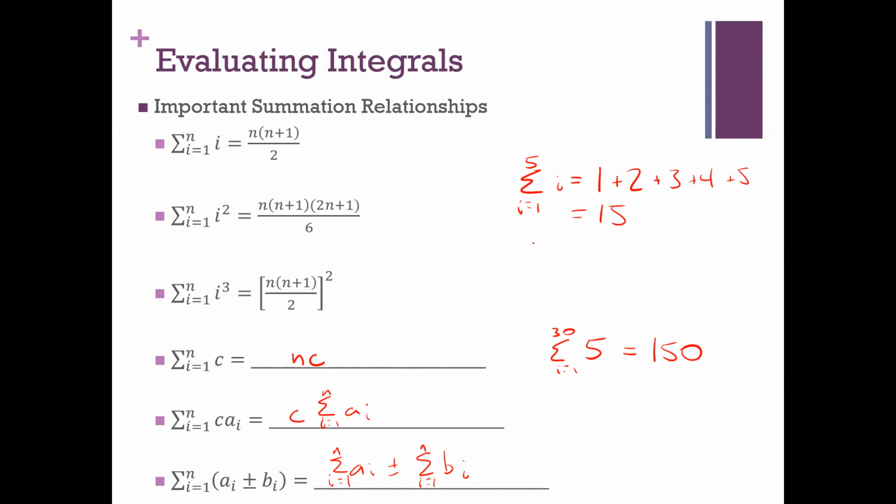So what would happen if I decided to triple all these numbers? Instead of that, I'm going to take the sum of 3i. But isn't that the same as me doing this, factoring out 3 times 1 plus 2 plus 3 plus 4 plus 5? And what I just showed you was that this 1 plus 2 plus 3 plus 4 plus 5, I can just rewrite as the sum from 1 to 5 of i. So this is another way to think about the distributive property. If I'm going to multiply each one of my